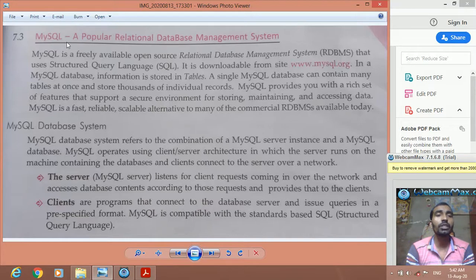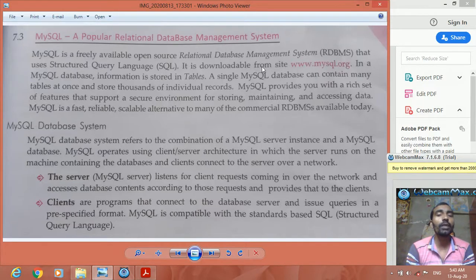So MySQL, as you know, is a popular relational database management system, like MS Access. MySQL is a freely available open source relational database management system, RDBMS, that uses structured query language, SQL.